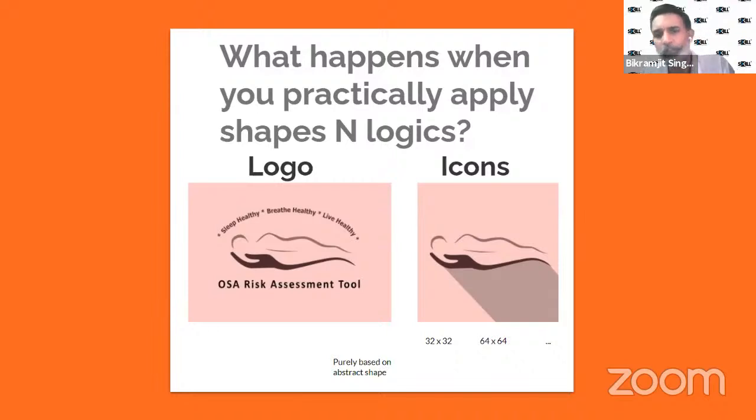So the left side, you can see the logo designed, and on the right side, you see the icons, which are usually used when you see a list of apps, or probably at the website top. These are usually in squarish format, 32 by 32 pixels, 64 by 64 pixels, and so on.